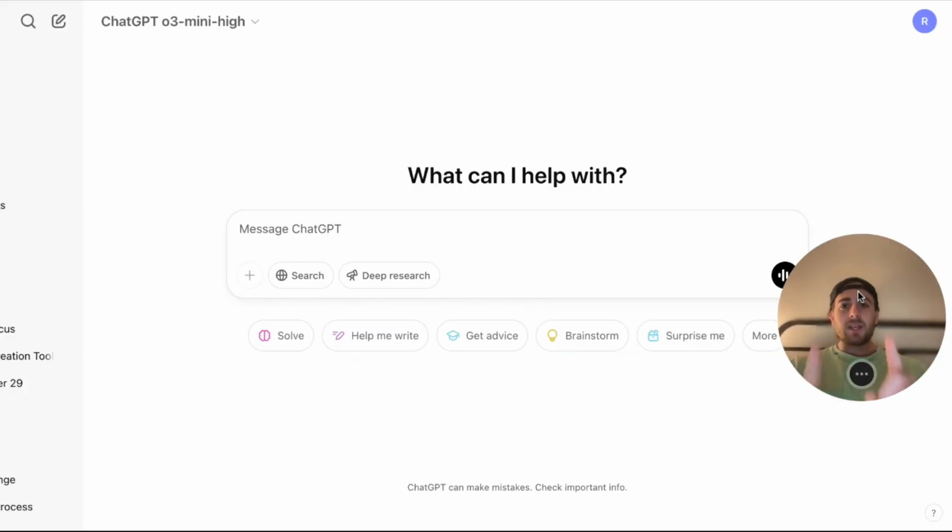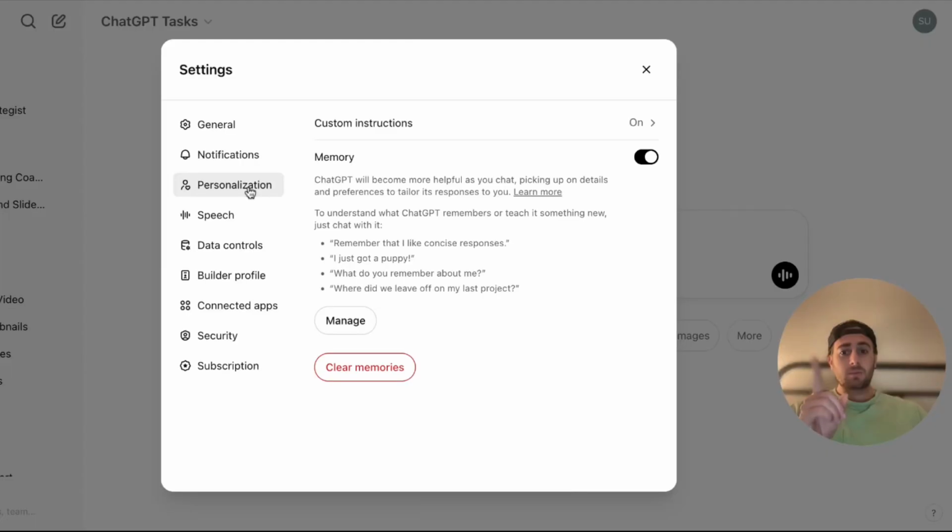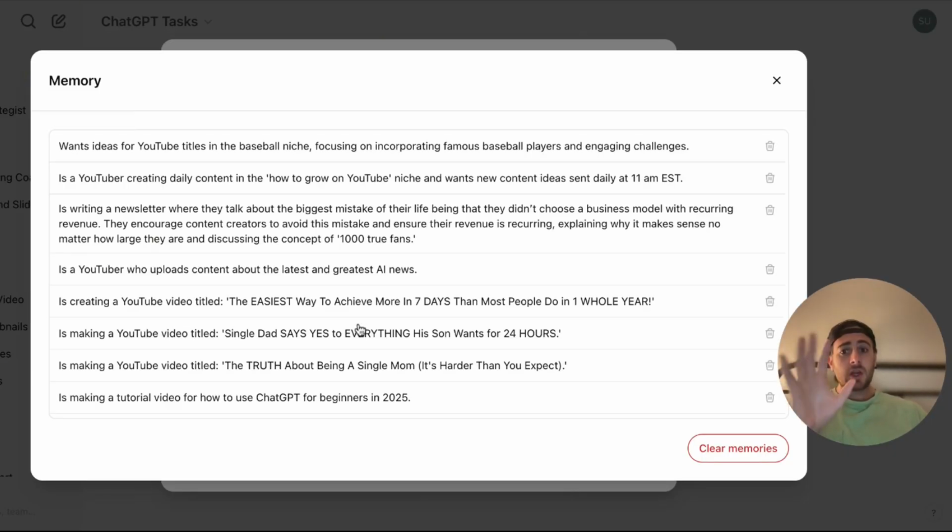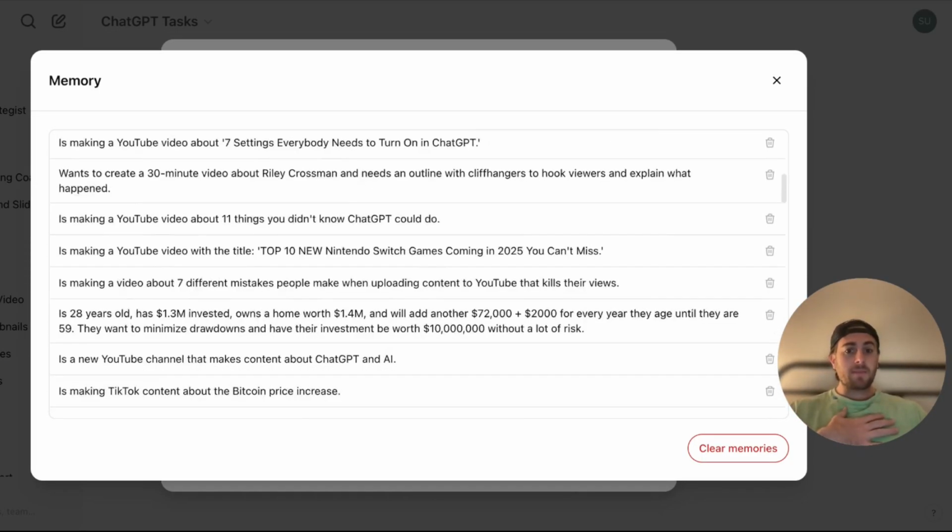Now, tip number three is you need to make sure that you are occasionally clearing ChatGPT's memory to make sure that it doesn't have things in there that aren't actually relevant to you. Let me show you how to do this. Personalization right here, you are going to see memory. Now, if we come in here and click manage, you are going to see a bunch of different memories that